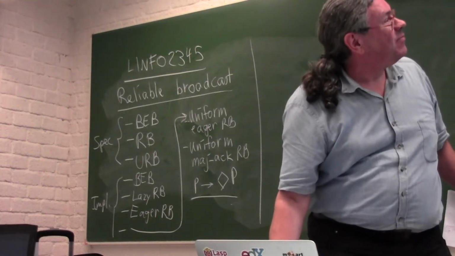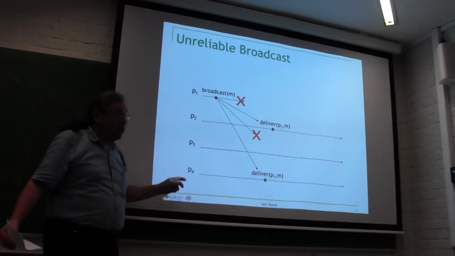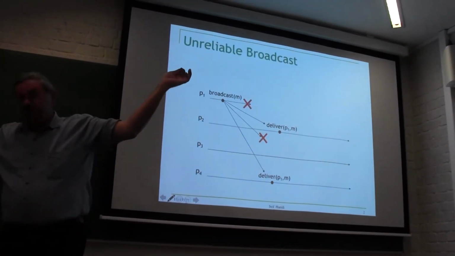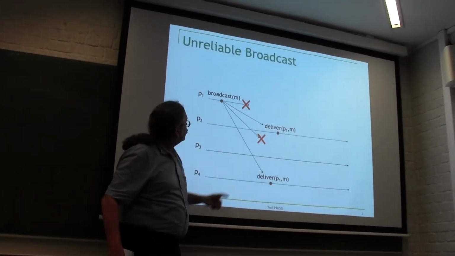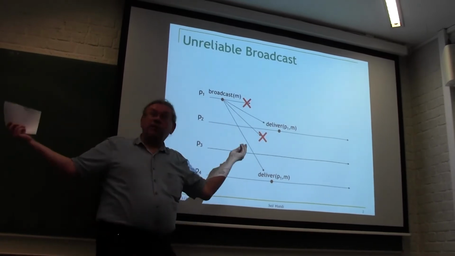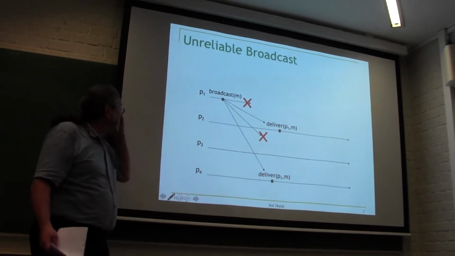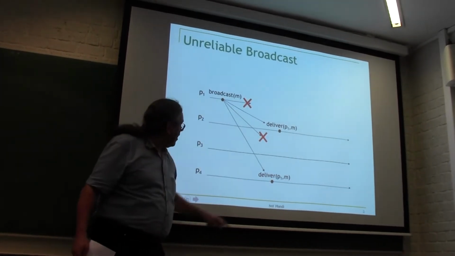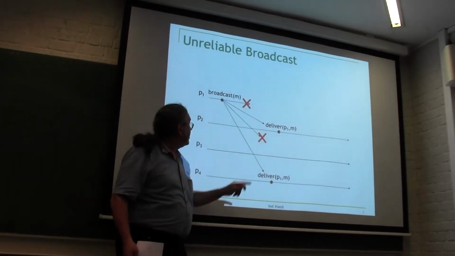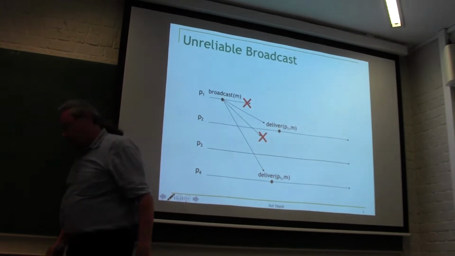Okay, so let's start. Here is the beginning, broadcast. How do you write broadcast from P1 to the other nodes? You make a loop that sends messages to all the other ones. P1 does a broadcast of a message, but P1 crashes here, so it's not able to deliver all the messages. In this case, it only delivers to P2 and P4, and somehow, because of the crash, it's not able to deliver to P3, and P3 is correct. So that's not very nice, okay?